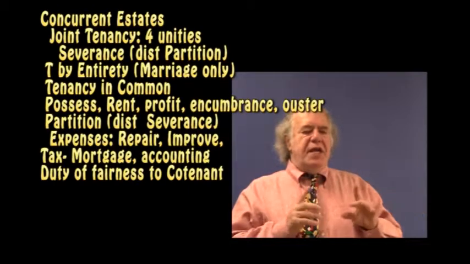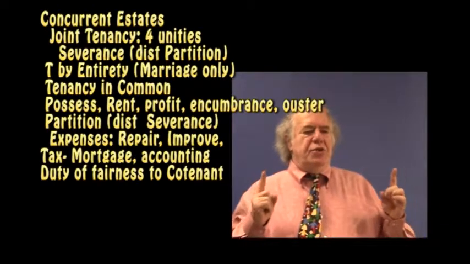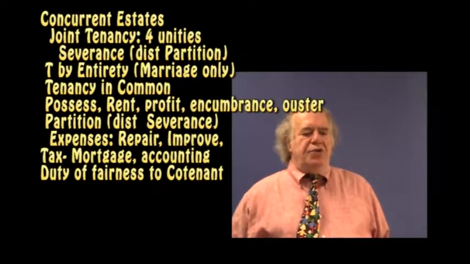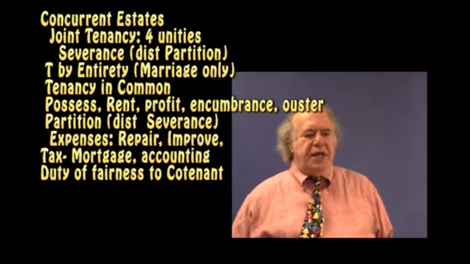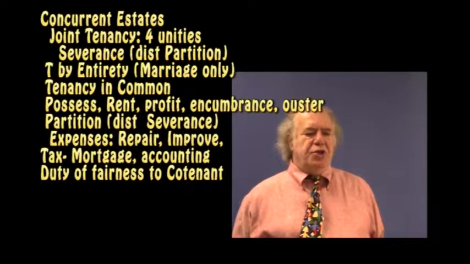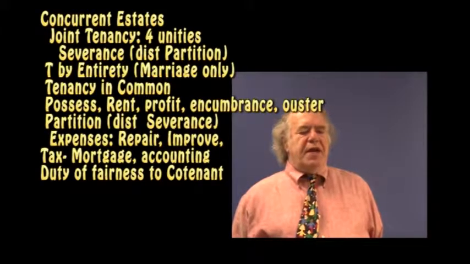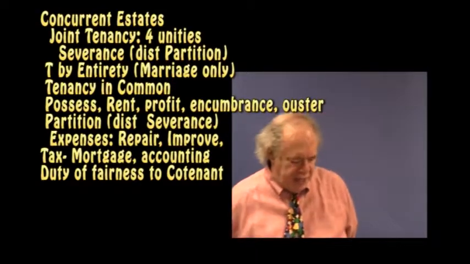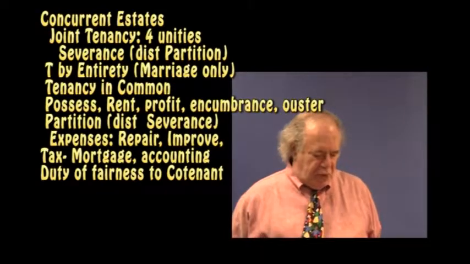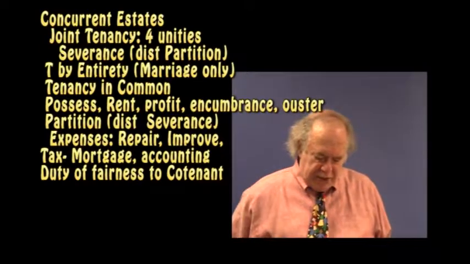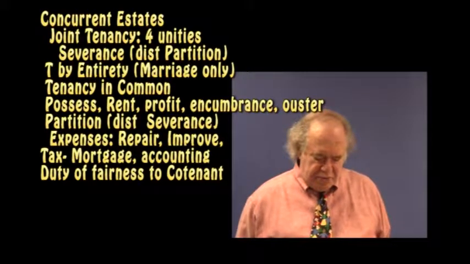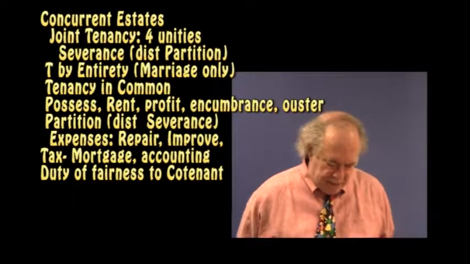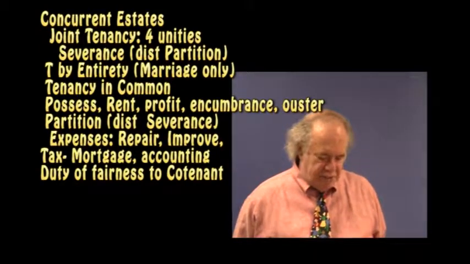Nor do they have to be equal in percentage of ownership. It can be to A 25%, B 25%, and C 50%. They can have different proportions of ownership, which will have that effect when the property is sold as to what share of the proceeds they should take. But you need to also be aware, and notice on my little chart, tested three or four times on essays, and fairly often coming up in some form in essay questions and multiple choice questions,